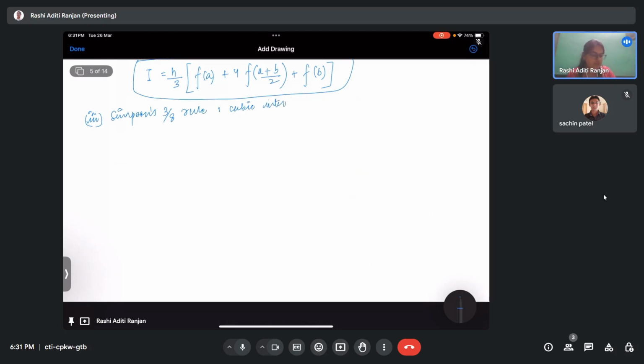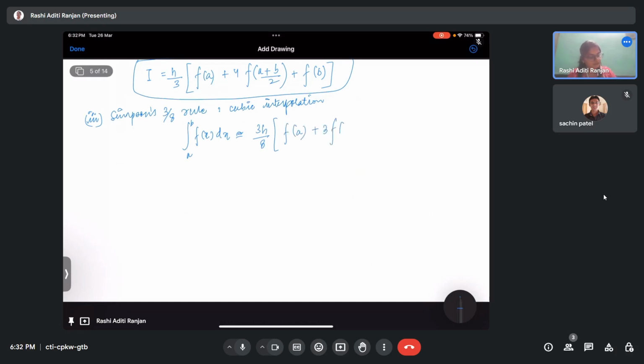Here we have cubic interpolation. So by default, if I want to have cubic interpolation, I should have 4 data points, right? So in this case, I consider 4 data points, and then I write the integration from a to b f of x dx as nearly equal to 3h by 8 f of a plus 3